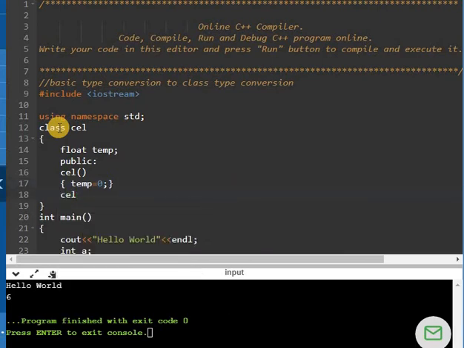One more. If you remember, we saw that for converting a basic data type into a class data type, we have to write one conversion constructor. That conversion constructor acts like a normal constructor, but it has only one argument, and that argument will be of your basic data type. So this is the program for basic type to class type conversion. The conversion constructor will have one argument only, which will be of basic type. So I will be taking float here,